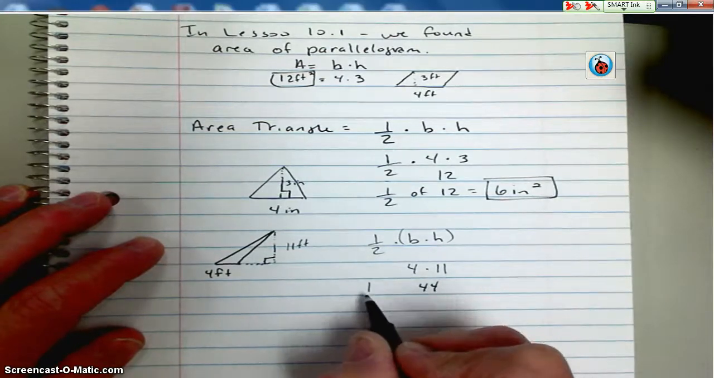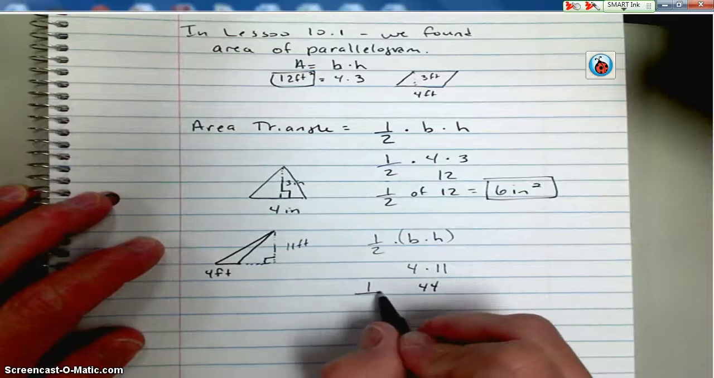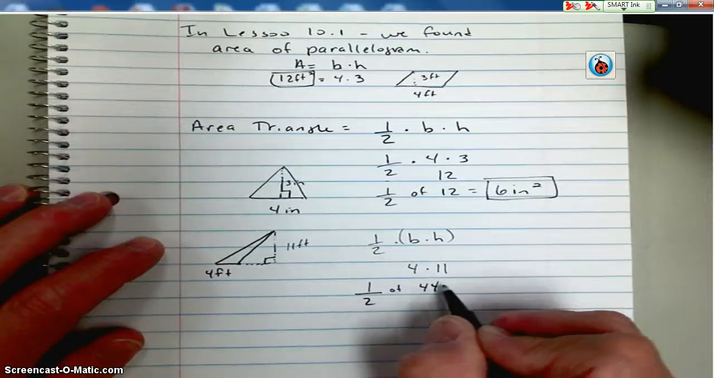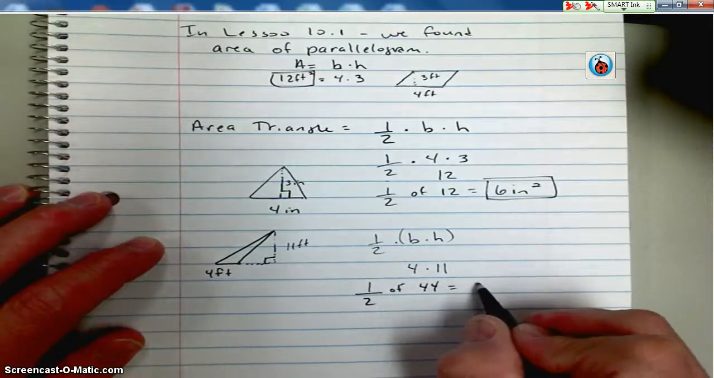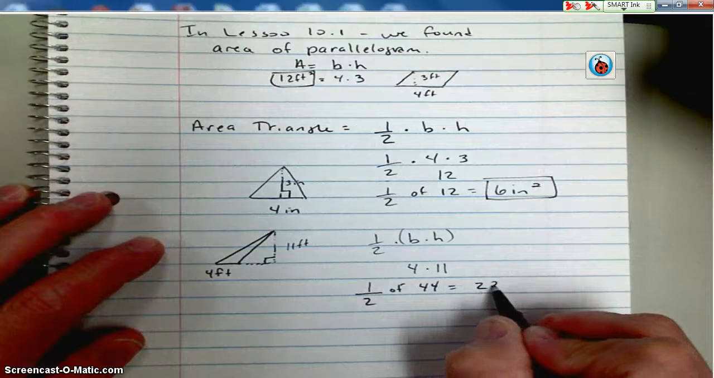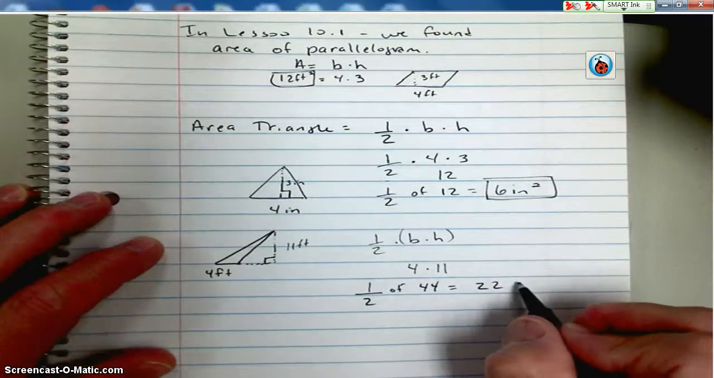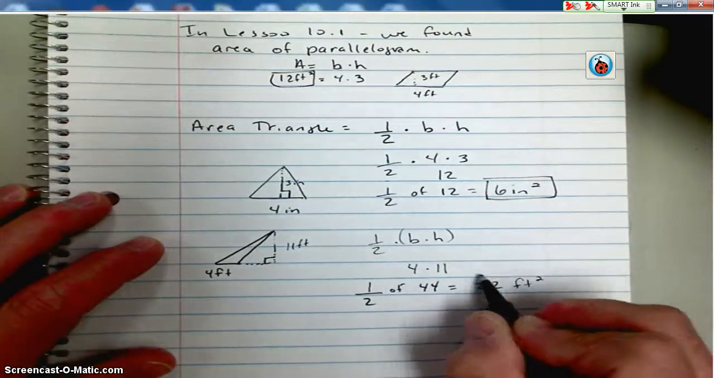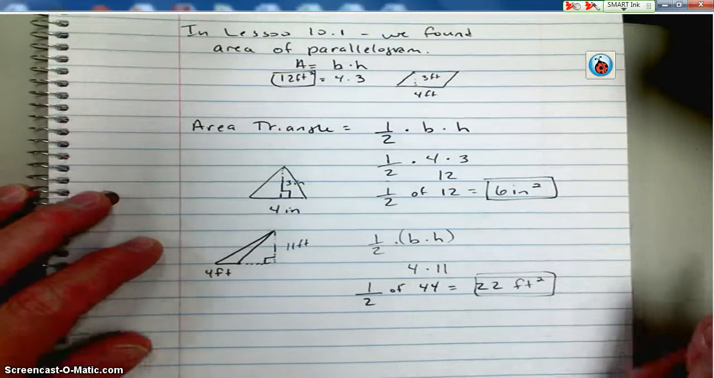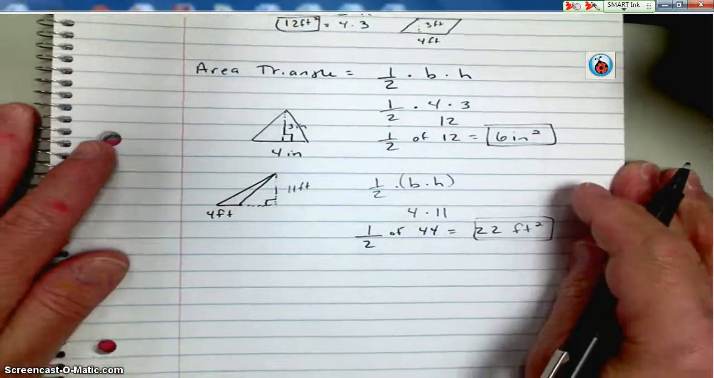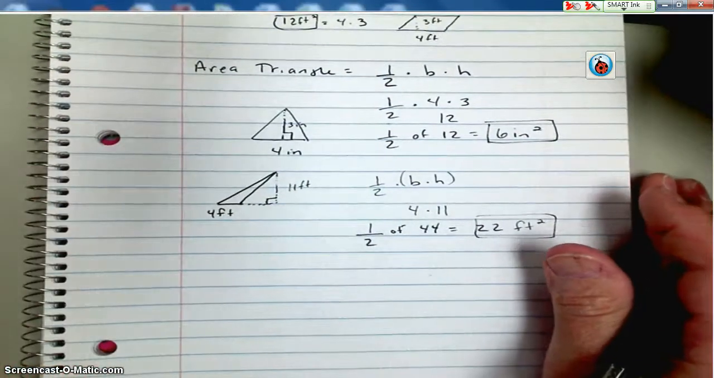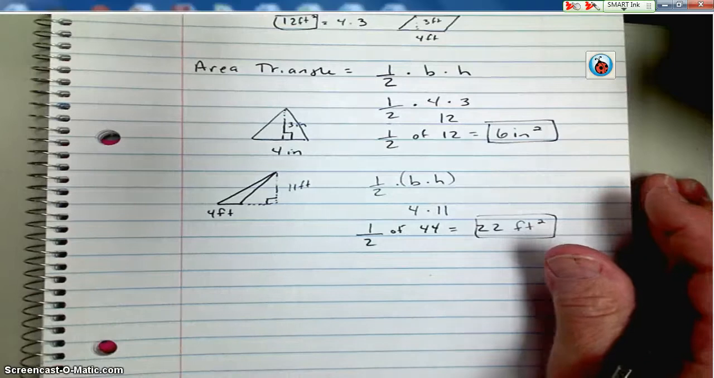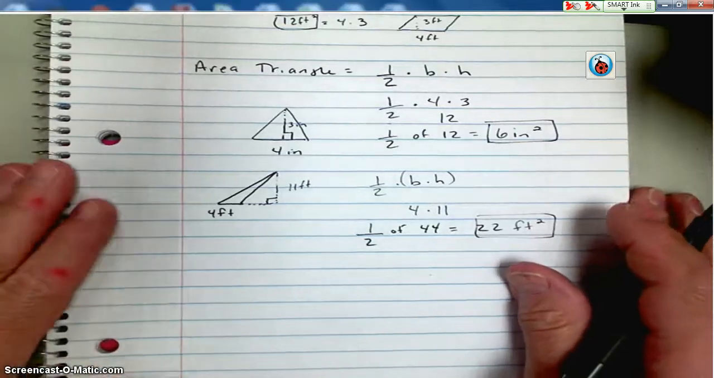But since it's a triangle, we want to find 1/2 of that. So 1/2 of 44 is equal to 22. And then we label it area, so 22 feet squared. There we go. In your lesson, you'll also find that sometimes you need to find the area of a